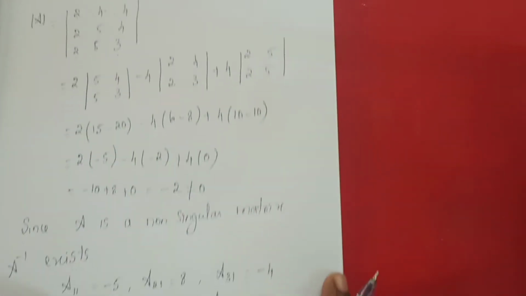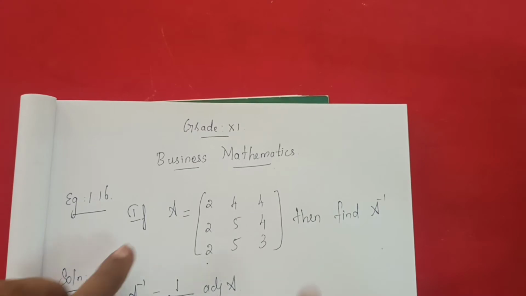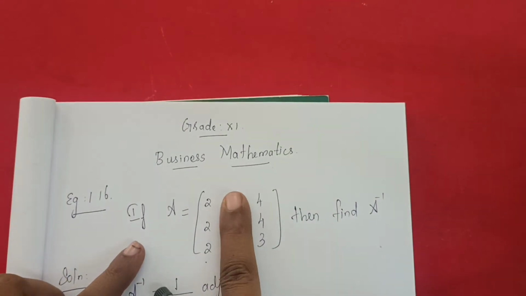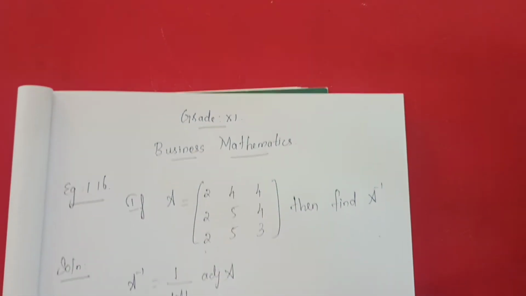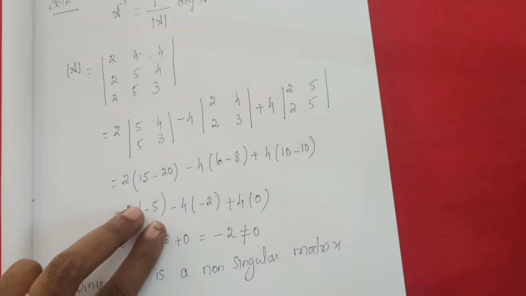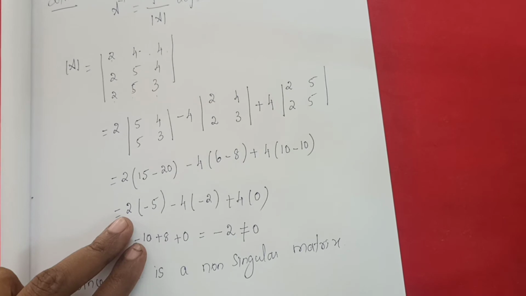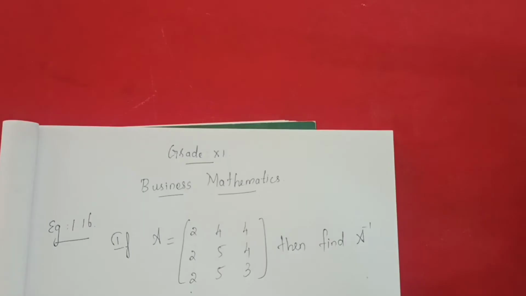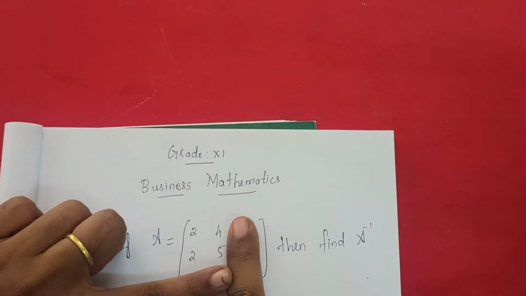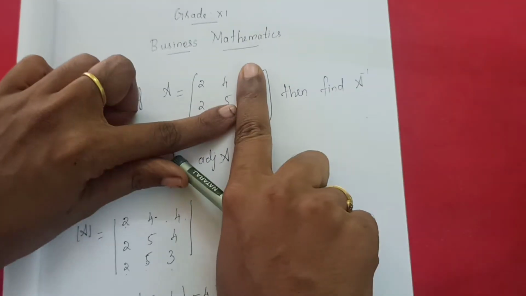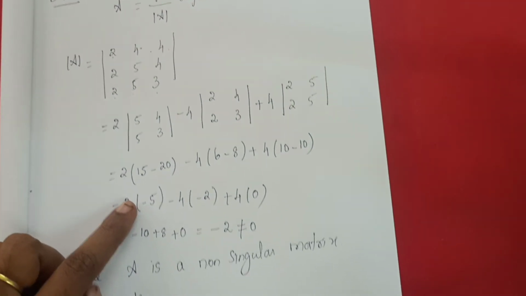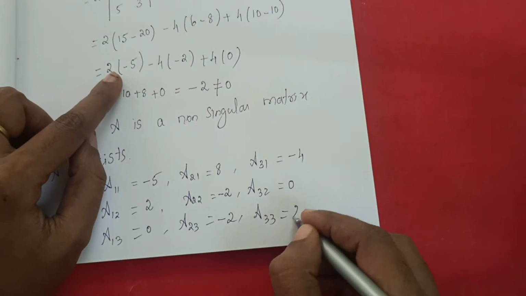Yes. Then A32. A32 means this particular A32 and this one it will go. So 2 4s are 8. 8 minus 8. It will be 0. Okay. Then A33. A33 means what will happen? This particular and this one it will go. So 2 5s are 10. 10 minus 8. So how much will you get? Minus 2. But the symbol is minus. So minus into minus is plus 2.